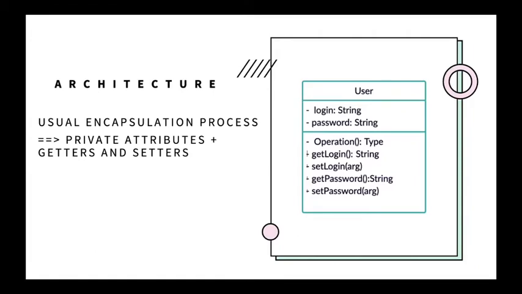So now let's present the architecture of this design pattern. As you can see, it is a bit different from the usual encapsulation process. The one that we have in front of us right now is the usual encapsulation process. As you can see, we have a login and password that are private attributes, and then we have their getters and setters. So these variables are accessible from that class, and they should be accessed through the getters and setters if they are used from outside the class. And